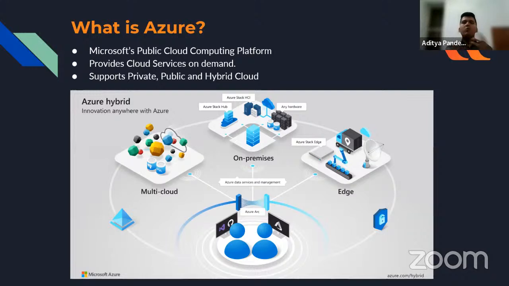And there are some cloud models on which cloud computing works. There are three types of cloud models: private cloud, public cloud, and hybrid cloud. Azure supports all of these. Let me give a bit of an idea about these three cloud models. If we talk about private cloud, what do you understand by private? Private means it's yours and nobody else is accessing it. If there is something which is private to me, I would like to keep it private to me only, and I don't want anybody apart from me to have access to it.